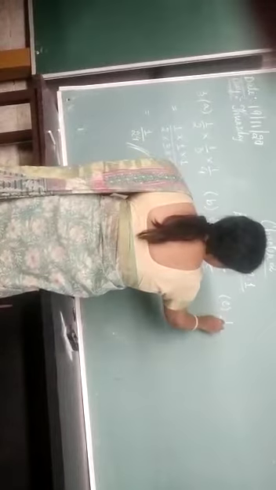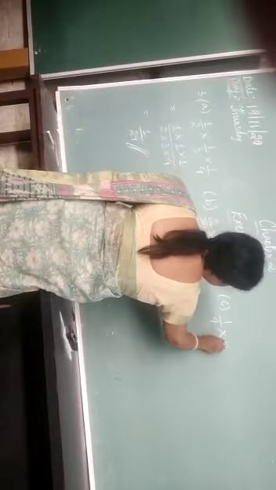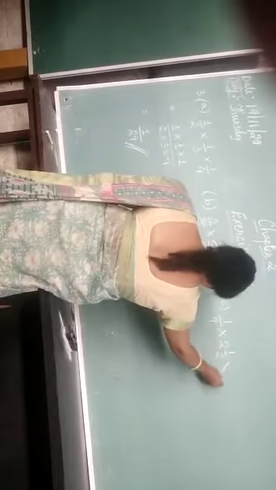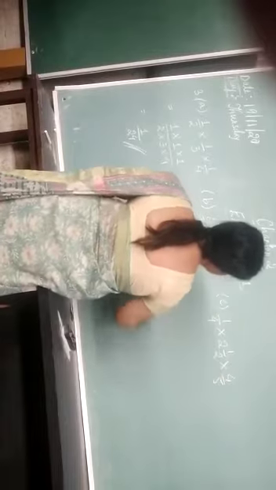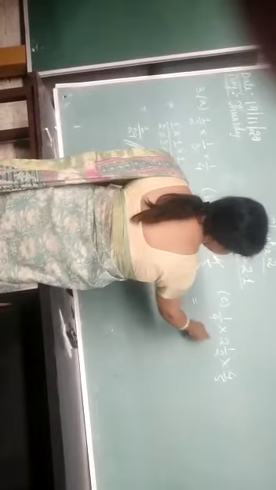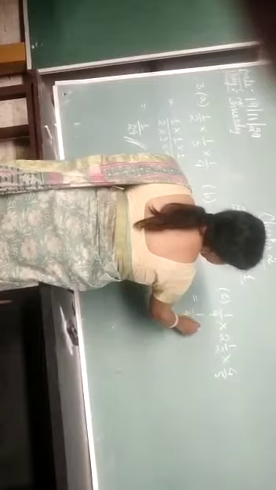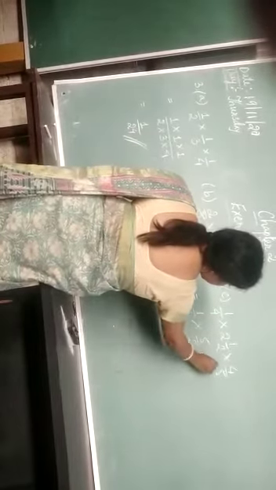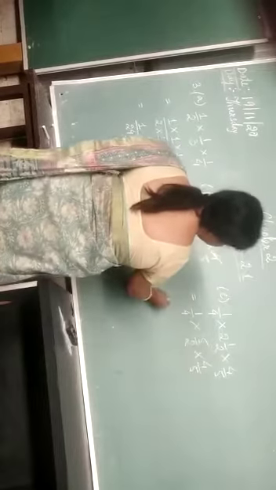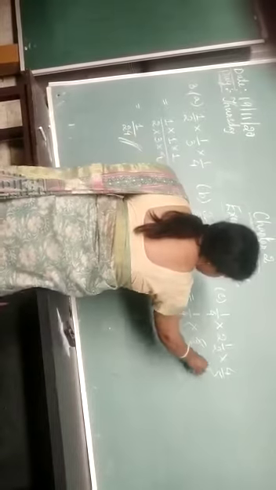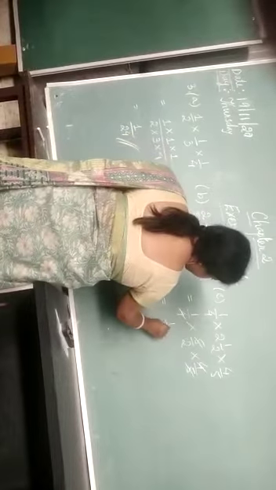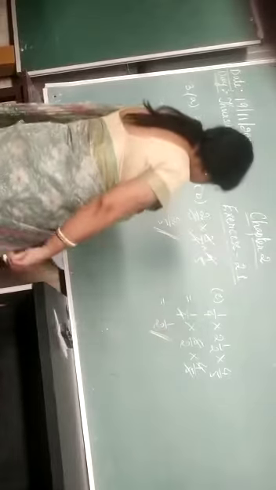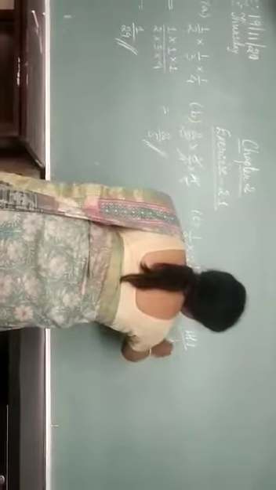Next we come to number C. Number C is 1 by 4 into 2 1 by 2 into 4 by 5. So here we have a mixed fraction. We have to convert it into regular fraction. So 2 2s are 4 plus 1 is 5 by 2 into 4 by 5. Now we have to see whether we can simplify it further. Yes, we can. 5 and 5 will get cancelled. 4 and 4 will get cancelled. So remainder is 1 by 2. So question number D, E, F will be for your homework and practice.